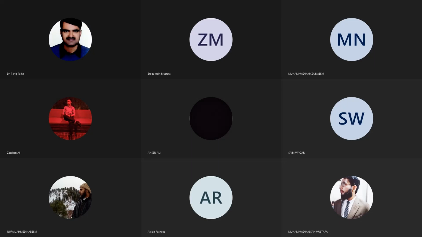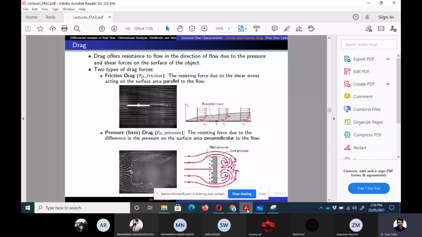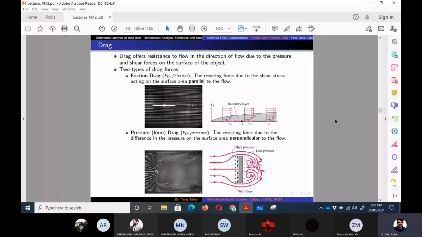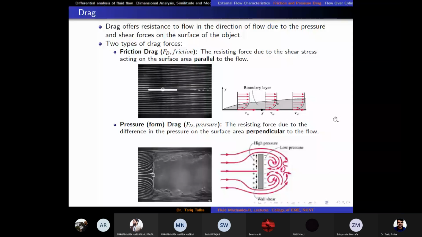External flow over immersed bodies, which is basically chapter number 9 of your book. If you remember from the last lecture, we were discussing the drag force. As we discussed in the last class, the drag force is the force which the flow experiences in the flow direction, parallel to the flow,